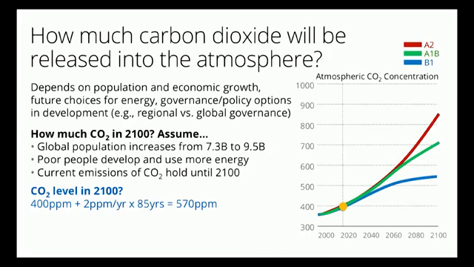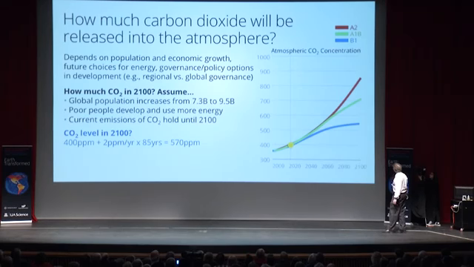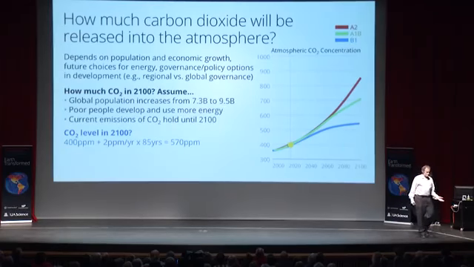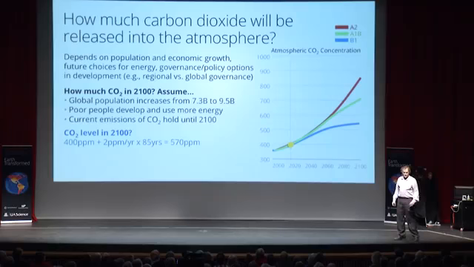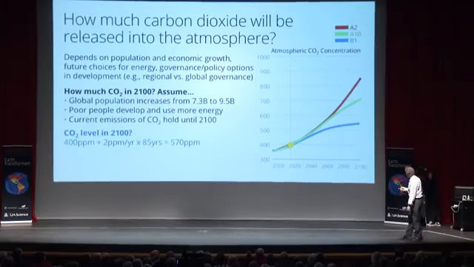Sorry, Bruce. Okay, so here are the three different projections. They're kind of like the extreme projections of these families that wanted to get demographers and policy, energy people together, and they come up with the possibilities. Here we are today at 400 in 2015, 2016. Here's 2100, and we just did the calculation that with that scenario, where we add 30% of the population, they all develop and use more energy, and we don't increase CO2 emissions, we end up with 570.